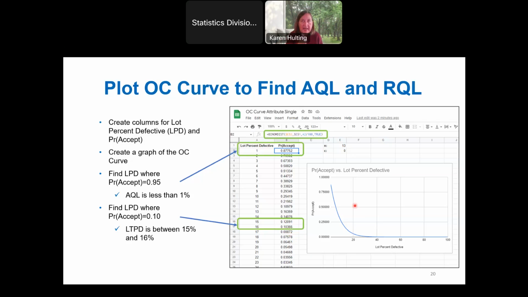That means that for values of percent defective that are less than 16%, I might actually ship those out. If I produced a lot that was 5% defective and I'm using this acceptance sampling plan, I'm basically flipping a coin whether I accept or reject that lot. And so it's really important to look down this probability of acceptance line and see what is the probability that you will ship that level of defective.